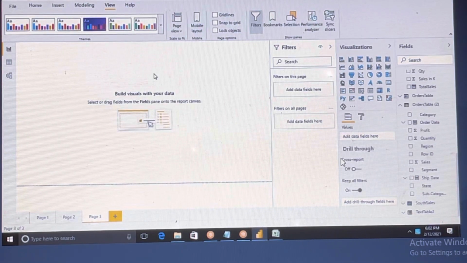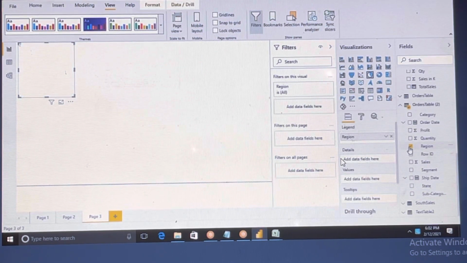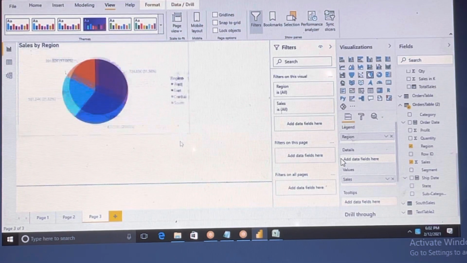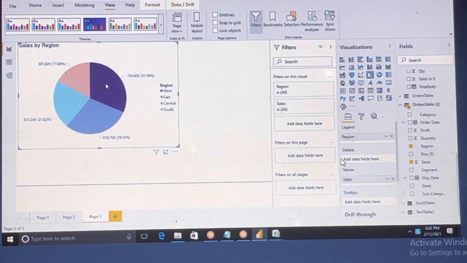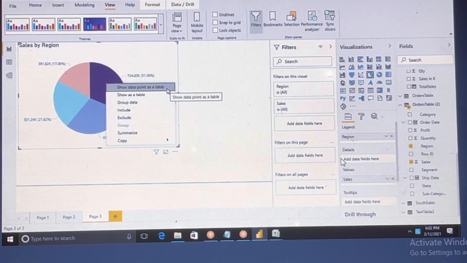For example, let me take this one, region level and sales. We have this data; right click, and you can see include and exclude. I talked about this point, include, exclude and show data point as table.